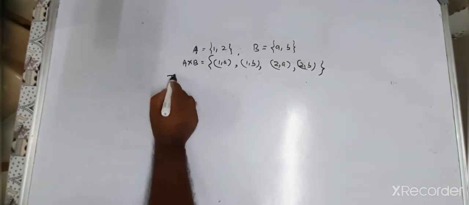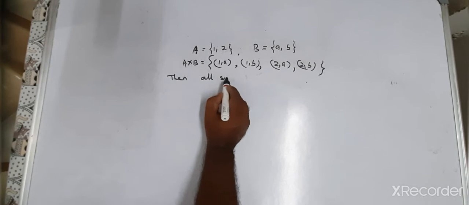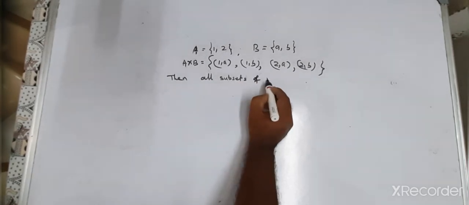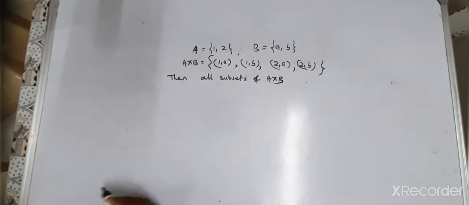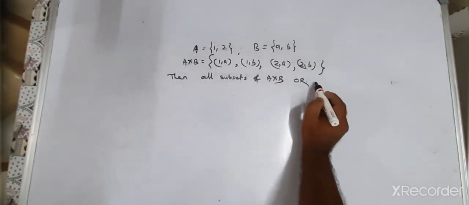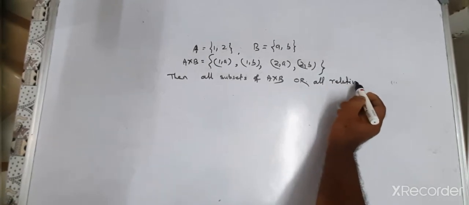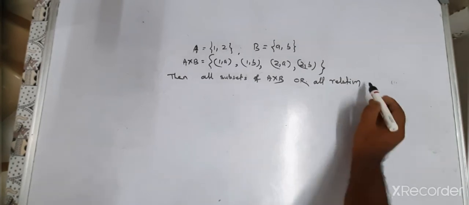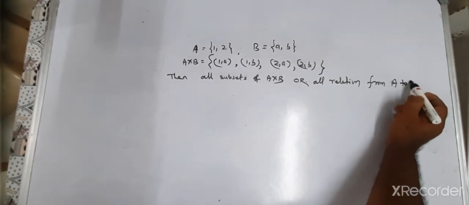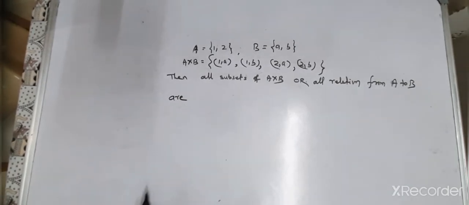Then all subsets of A cross B, or all relations from A to B, are